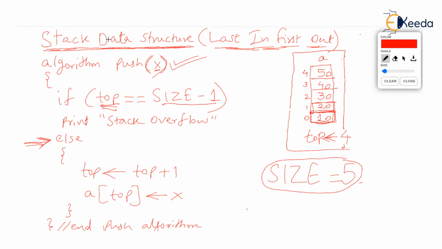Then check the first if. The if written here is going to check whether top is equal to size -1. Notice the value of top is 4 and size minus 1 is 5 minus 1, which is also 4. So what it means is we have already used location number 4 of the stack, and now there is no element above that. So we are going to announce stack is overflown, and we will not go to else and will not increase top and push the value. So that's how easy it is to push an element in the stack.